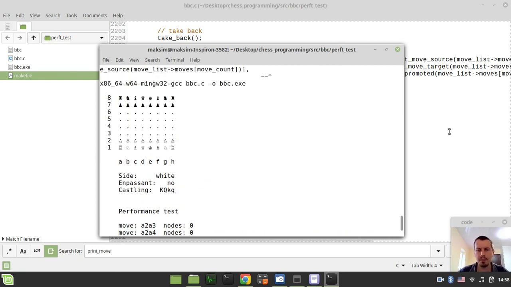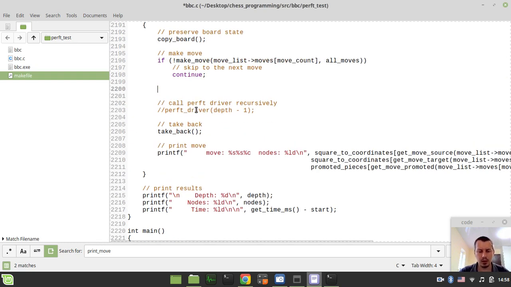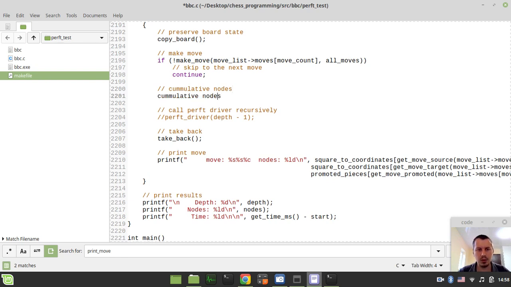Okay, so now we need to define the variable called cumulative nodes. I really hope I spelled this word correctly. Cumulative. I'm not sure how exactly to pronounce that. So this would be the long type, and it would be equal to nodes,